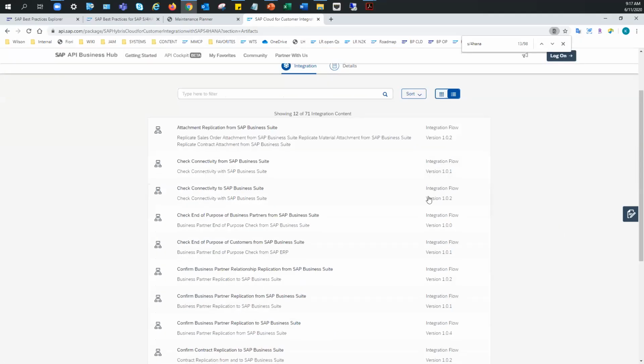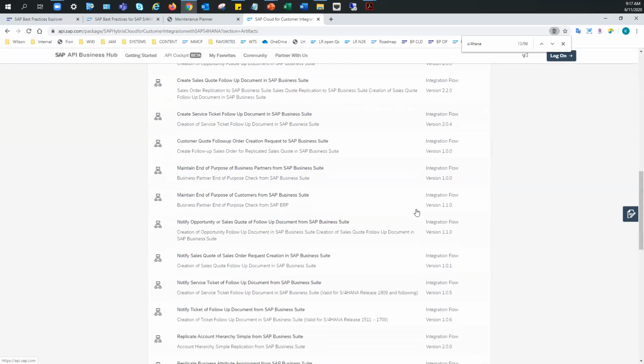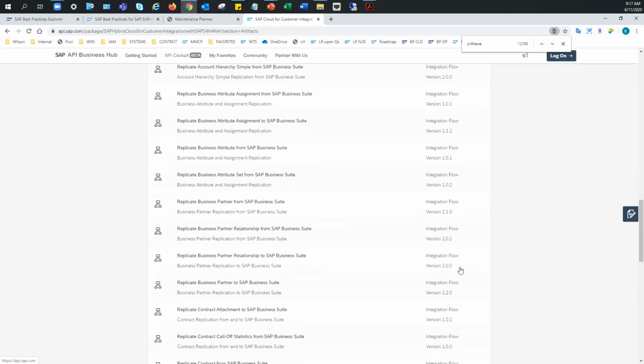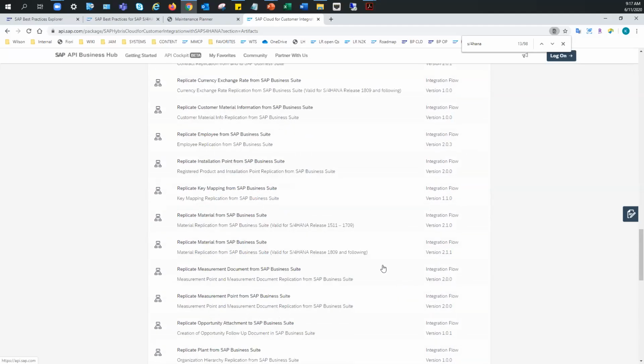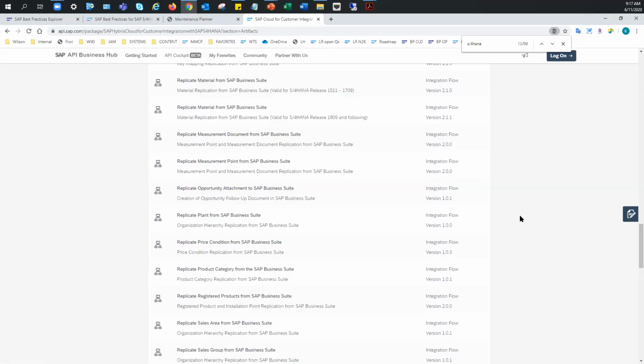So you can see that there's integration flows, and then there's typically somewhere along here, some type of value mapping of the values between one system and being able to be updated between the other system. So replicating documents, replicating this particular measurement point, replicating plants, price conditions. So there's replication from one side, and then inbound communication coming into S4, outbound communication going from S4 out to